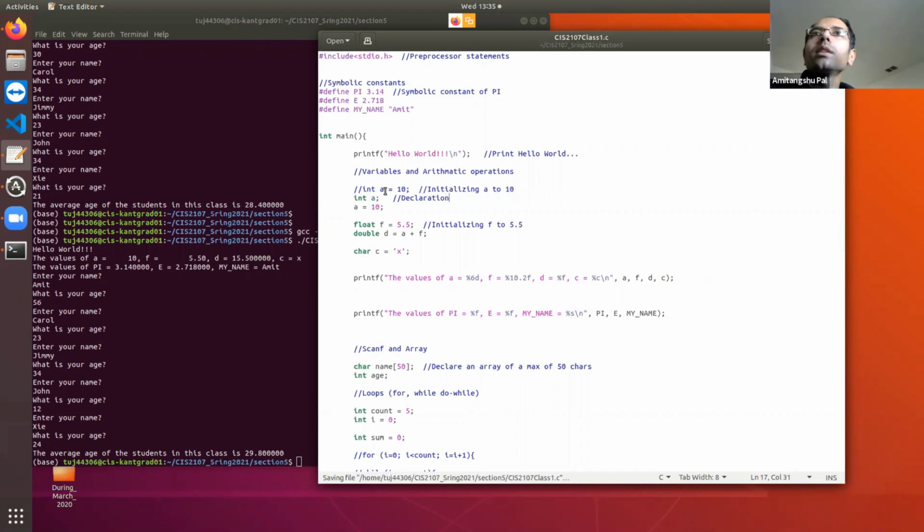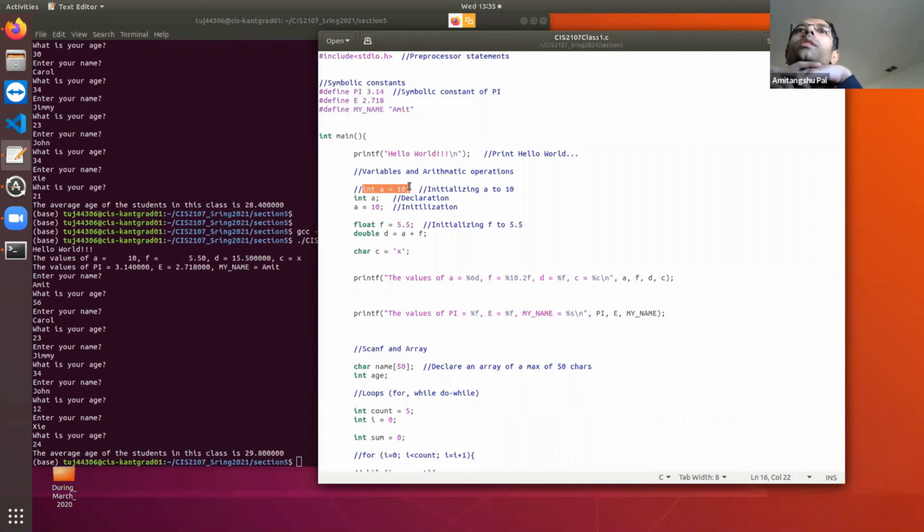You are declaring that a is an integer, and this step is called initialization. You are initializing the value of a to 10. Clear? And whenever you write int a equal to 10, both declaration and initialization happen in the same stage, at the same time.